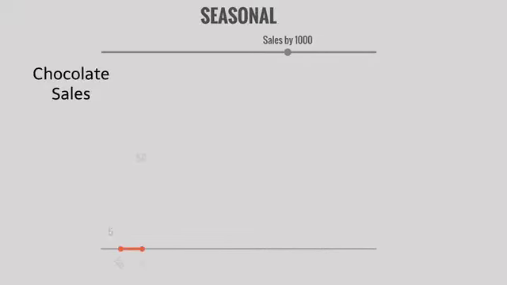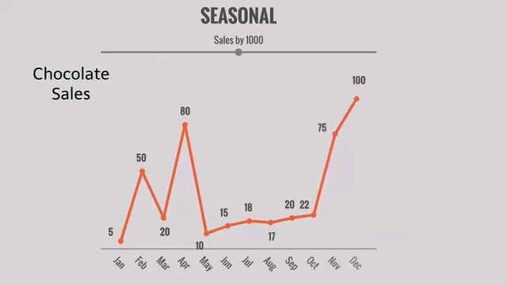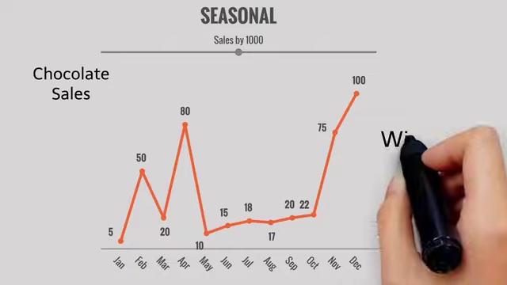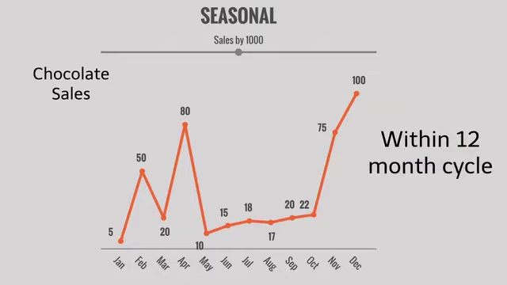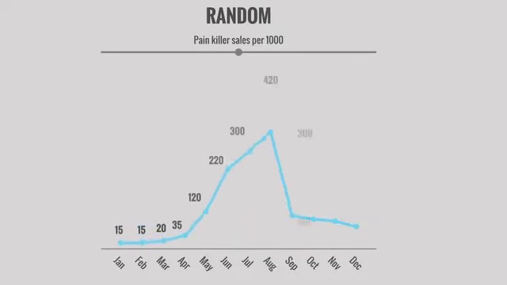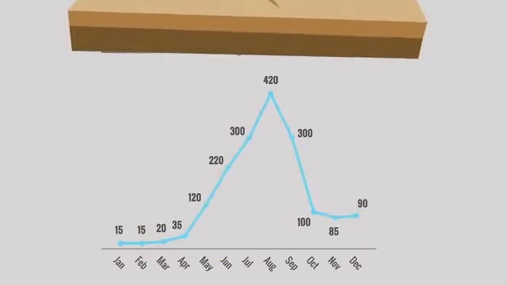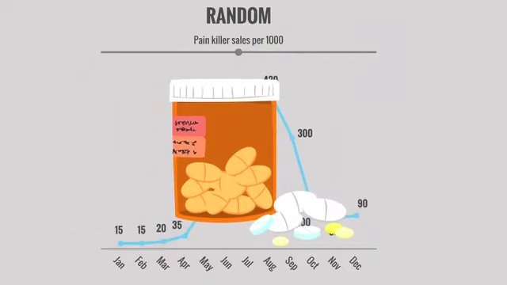Seasonality. Here, observations and patterns occur over a shorter time frame, such as days, weeks, or months, but always within a 12-month cycle. These seasonal demands can be caused at different times of the year, for example, special religious observations such as Eid al-Adha. And lastly, randomness. This refers to unexpected events that can distort trends that otherwise exist, such as natural disasters, perhaps changing the demand for bottles of water, or an outbreak of a disease increasing demand for certain medication.